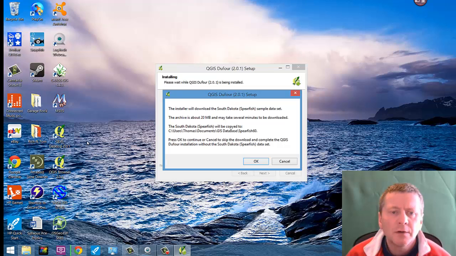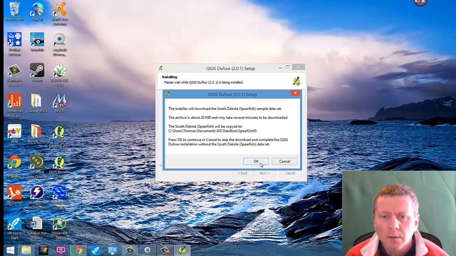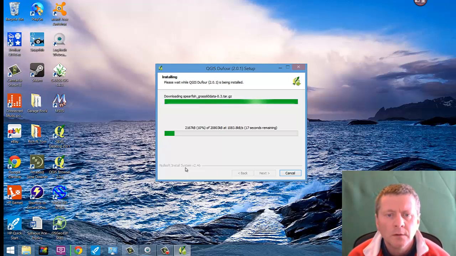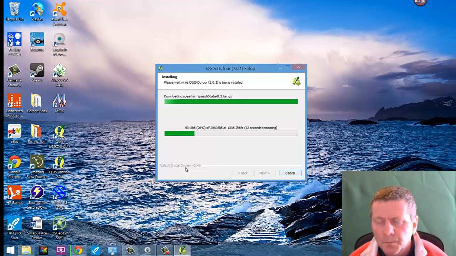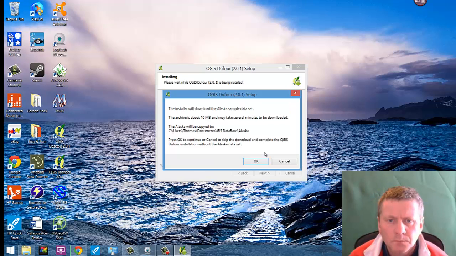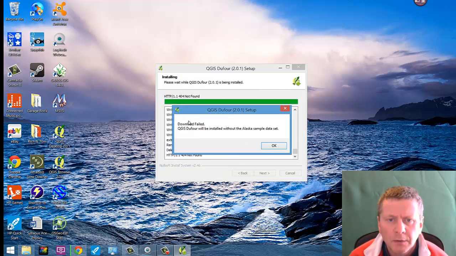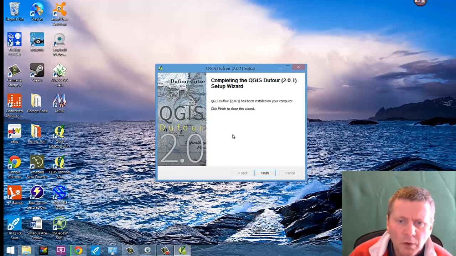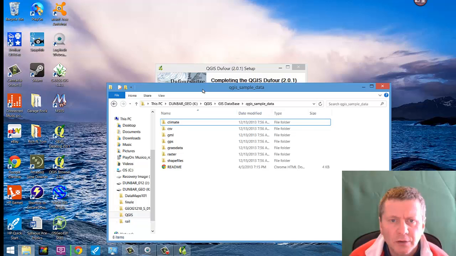Okay, and when we've got the North Carolina data set, we'll upload the South Dakota data set. It's quite a bit smaller. And now we'll try for the Alaska, and it fails. So for the Alaska set, we already have the data, but if you look at your